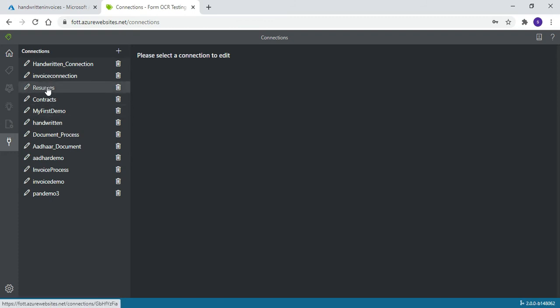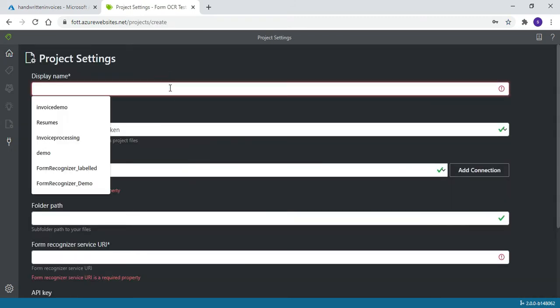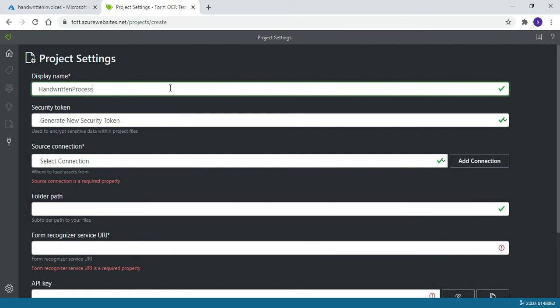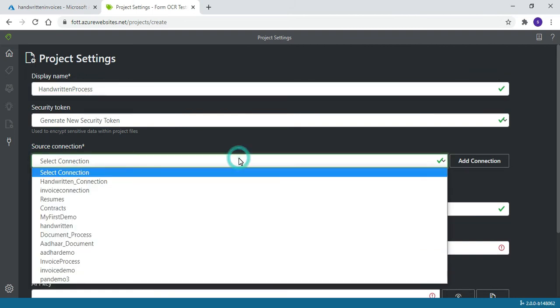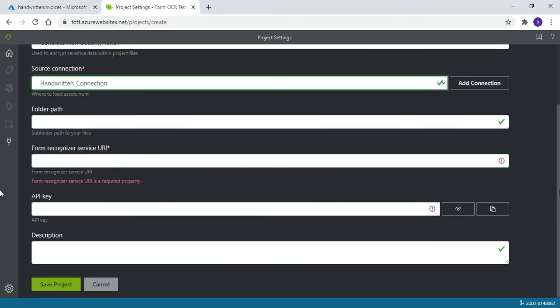The next step is to create the project in the Form OCR tool. Go to home, click on new project, and enter the project name. I'll say handwritten process, with the source connection we have just created, handwritten connection. Then we need to provide our form recognizer service URI and the API key. We get these details from our resource group.